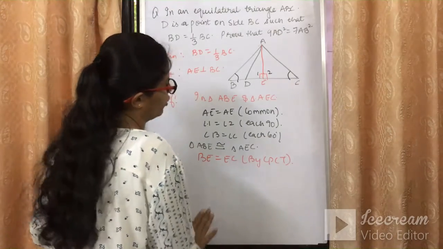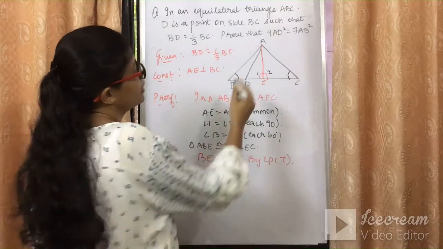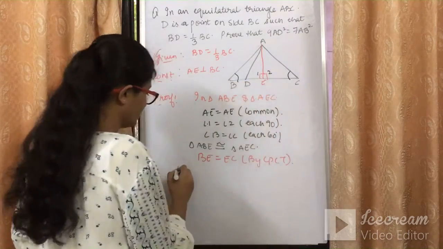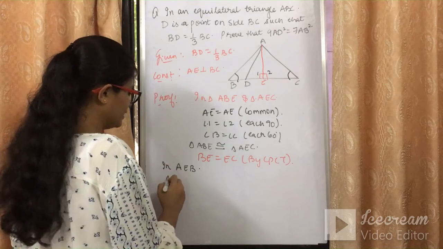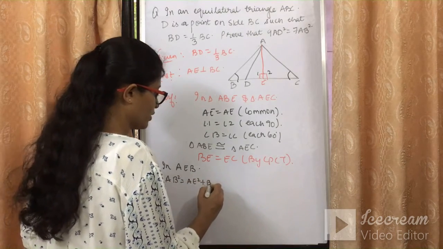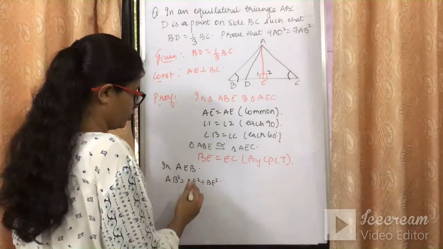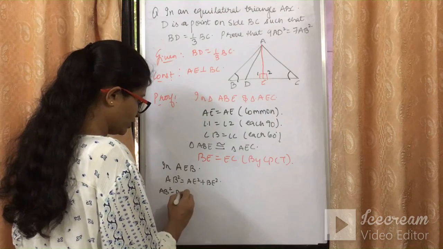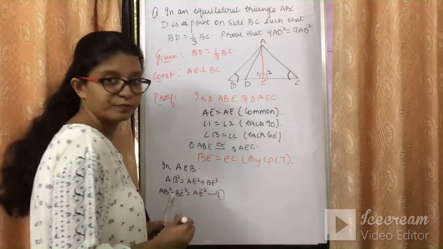तो अगर ये equal हो गया, now what we need to do is we need to put the Pythagoras theorem. सबसे पहले पाइथागोरस थ्योरम लगाती हूँ AEB में. So in triangle AEB, what will be the Pythagoras theorem? AB square is equal to AE square plus BE square. I don't want AE in my equation, so I will put it here. AB square minus BE square को इधर ले जाऊंगी, so I will equate it like AE square. So this is my equation number 1.